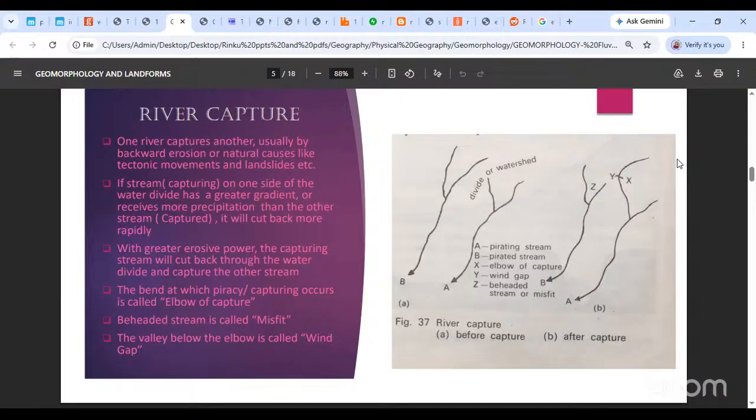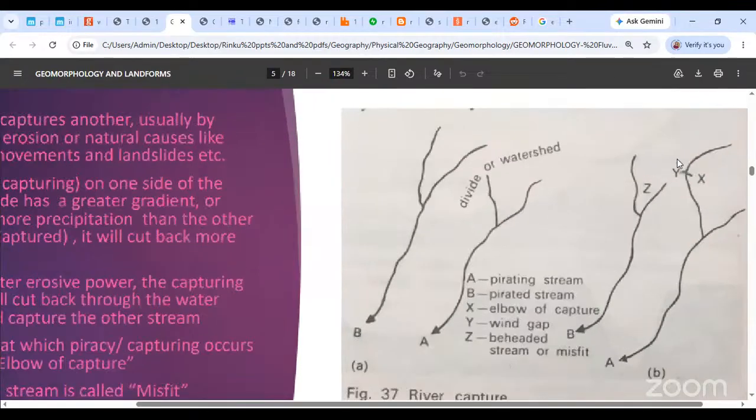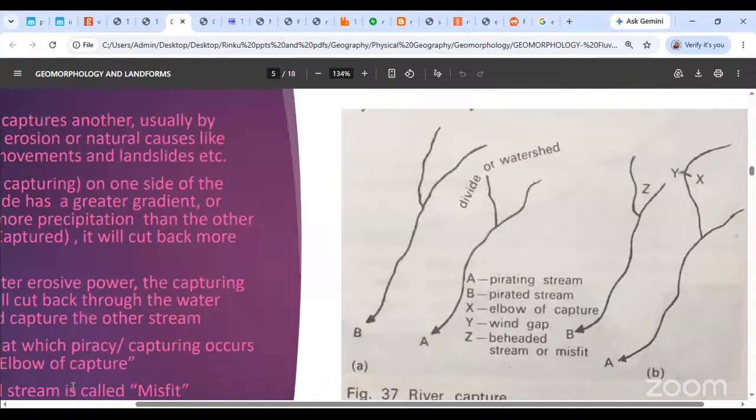Okay, thank you. Here it is. Look at the figure of the river capture. I'll explain very quickly once again. We are saying river capture happens when one stream of the river captures another stream of the river. Okay. So we are saying essentially